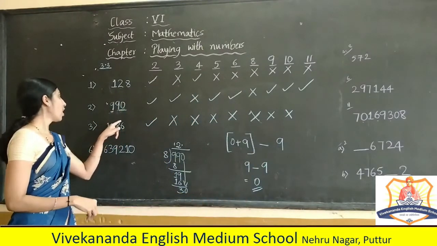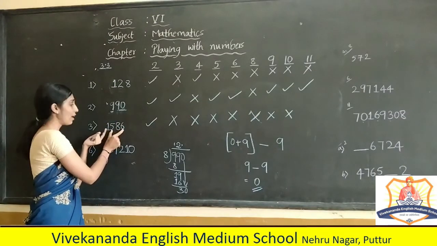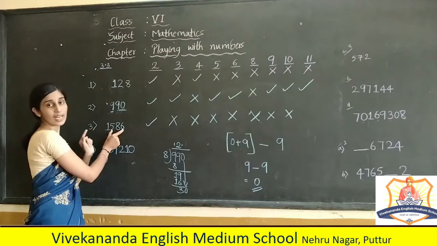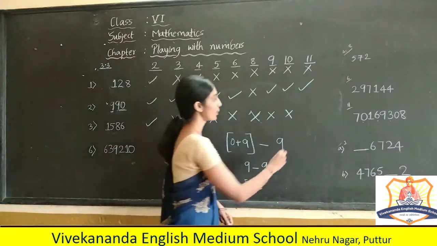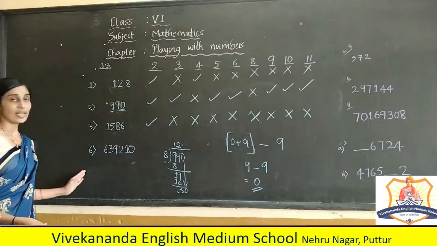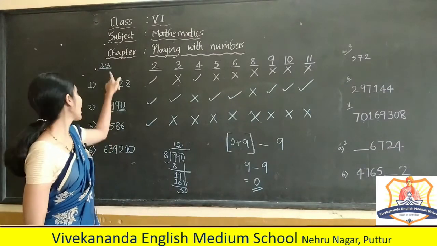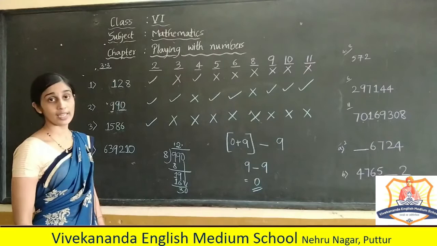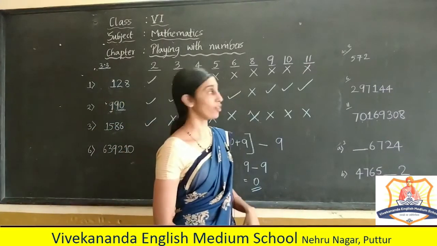Digits in the odd places, 6 and 5, right? 11 it is. 11 minus 9, how much are we getting? 2, the difference is 2, so it is not divisible by 11. So in this way, continue with all the problems, children. In your textbook you have exercise 3.3. So try to solve this. Those are the homework problems for you.